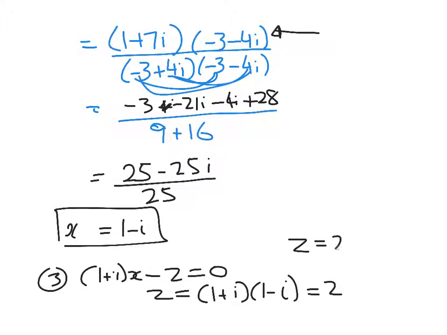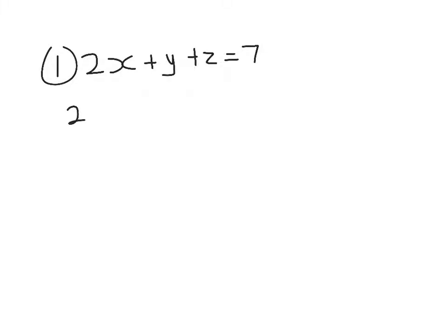So z is 2. And just one left to go. We'll do that on the last slide. So substituting now into, what am I going to use? Equation 1. So we can go all the way back to the start, and we had 2x plus y plus z equals 7. So substituting for x and z,